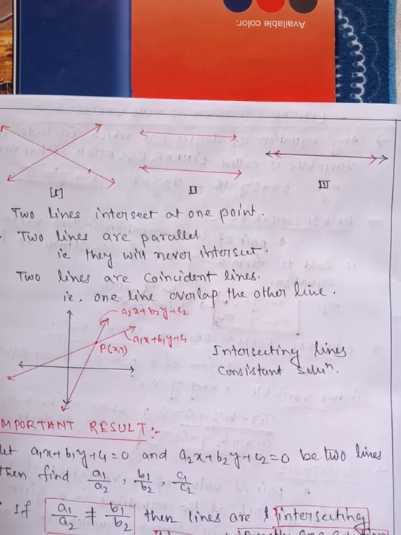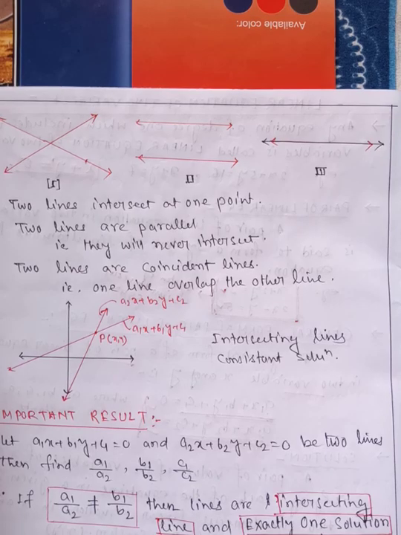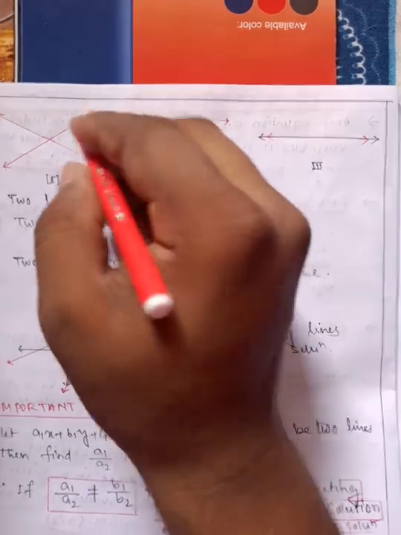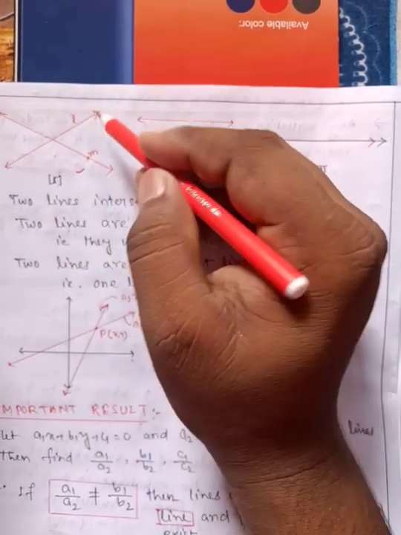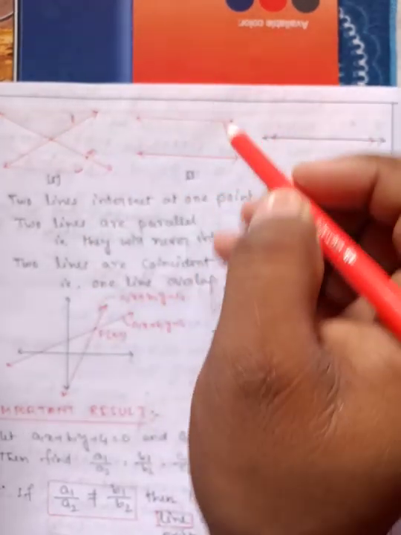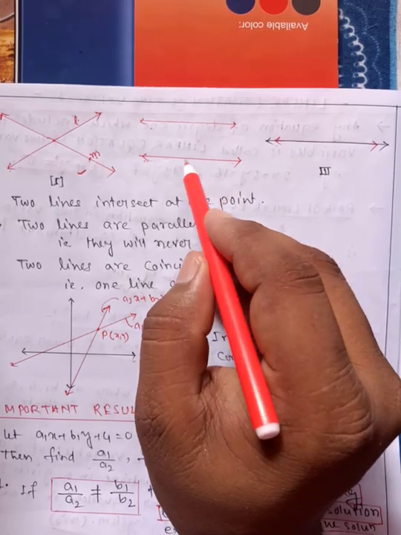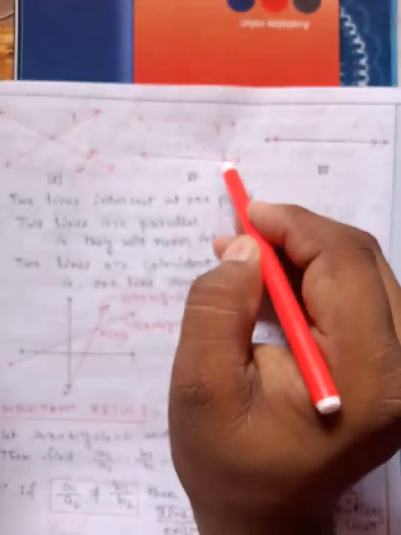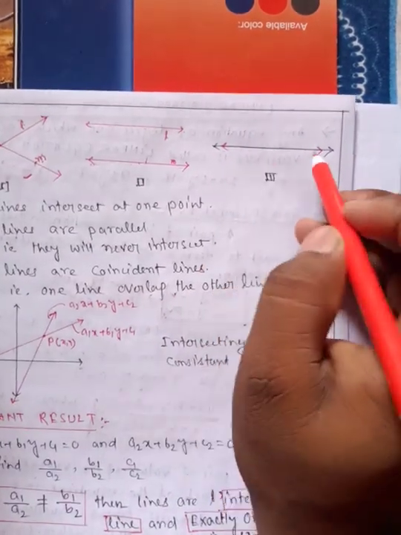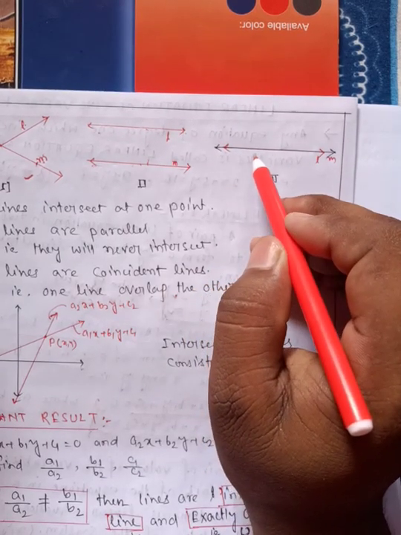When you are taking two linear equations, that means two straight lines together, there are three possibilities. You can take like this: there are two straight lines, suppose L and this is M. These two straight lines are intersecting at a point, intersecting lines. Or you can take another type of two simultaneous equations: two straight lines, this is L, suppose this is M, and they are not intersecting. And here suppose L and M, that means two straight lines coincident with each other.